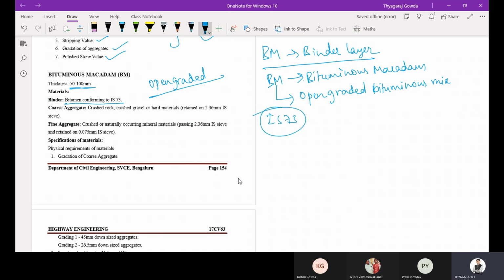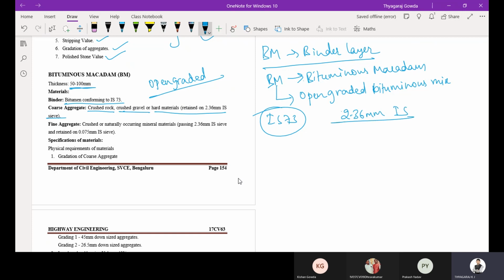So remember, whenever in the exam they ask, you write the binder, that is the bitumen conforming to IS 73. Then coarse aggregate: crushed rock, crushed gravel or hard material retained on 2.36 mm IS sieve.